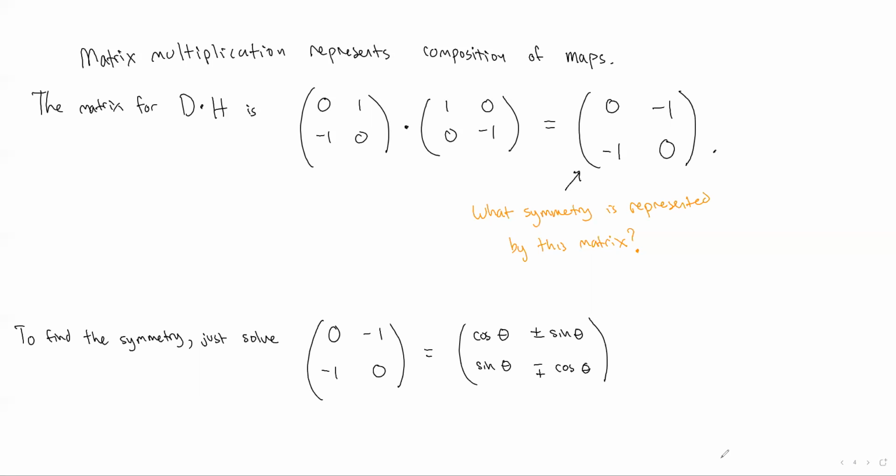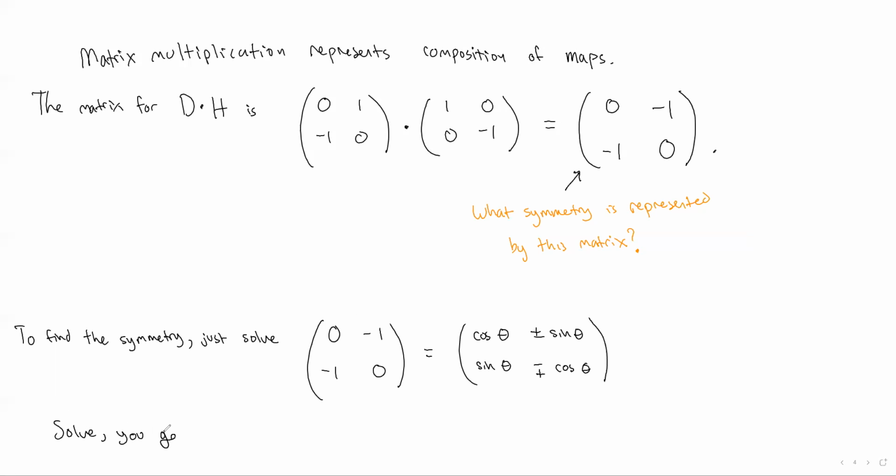I'm putting these plus-minuses and minus-pluses because if I didn't know whether it was a rotation or reflection, I'd have to account for either the top being plus and the bottom minus, which is a reflection, or the top minus and the bottom plus, which is a rotation. But actually, I already know it's going to be a rotation because the product of two reflections is a rotation. But anyways, if you solve,